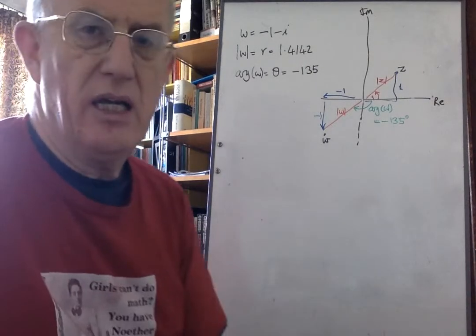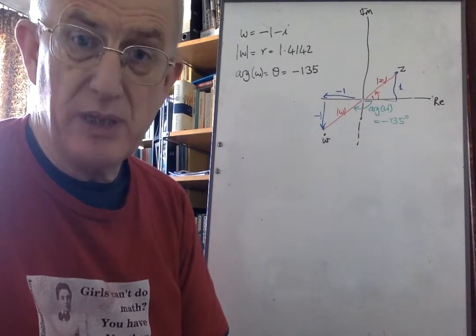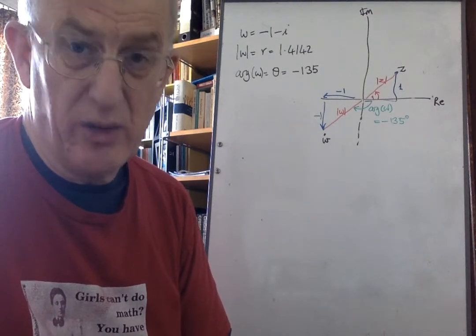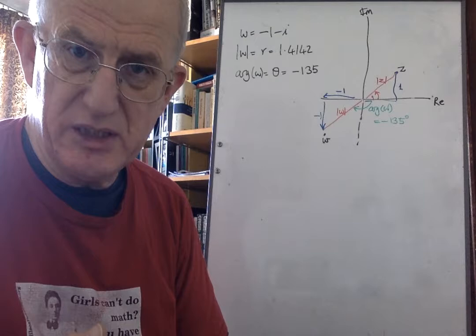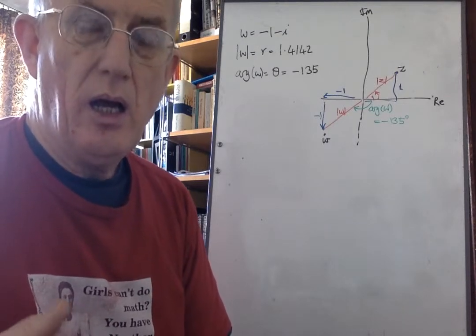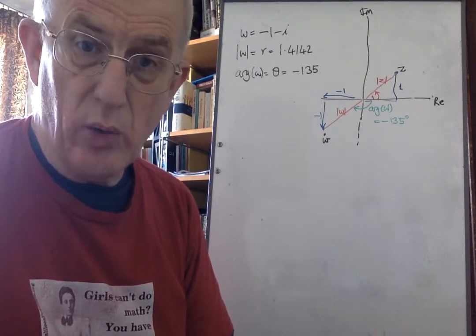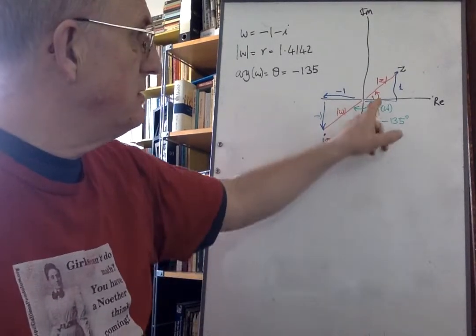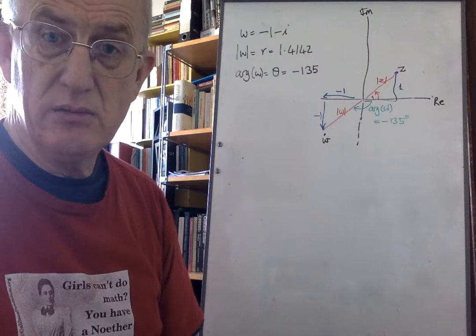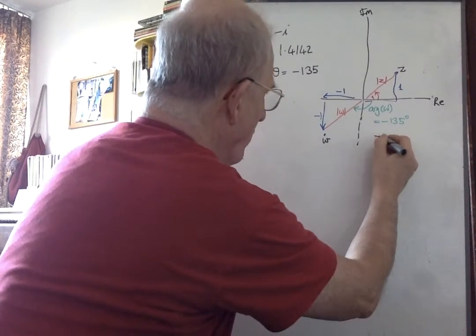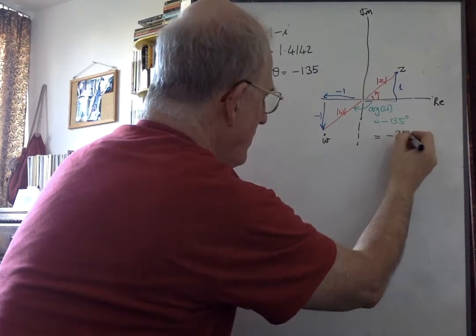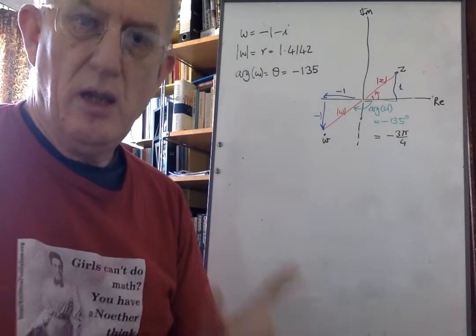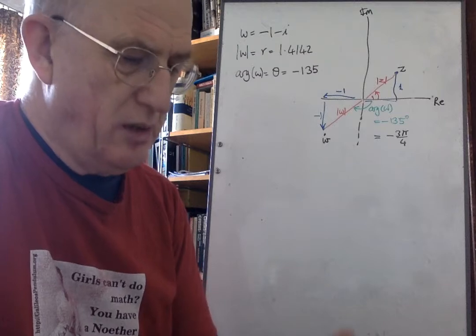The other snag is that sometimes you want the angle in radians. In fact, quite often you want the angle in radians. You see I've done this in degrees. And I would suggest when you use Pol, you always use degrees. And the reason why is this in radians is minus 3 pi over 4. Okay, all good. However, if I'd